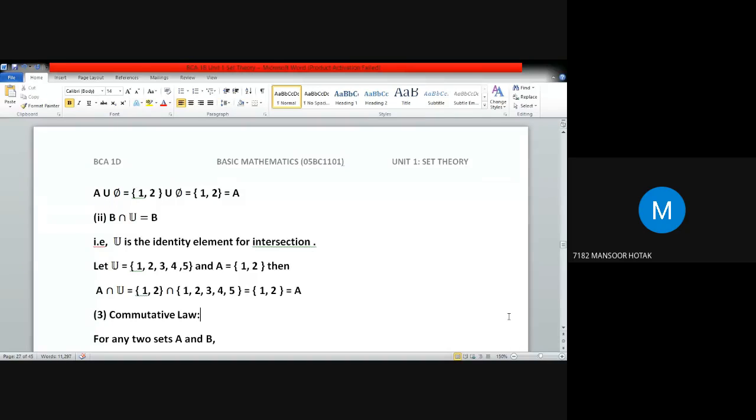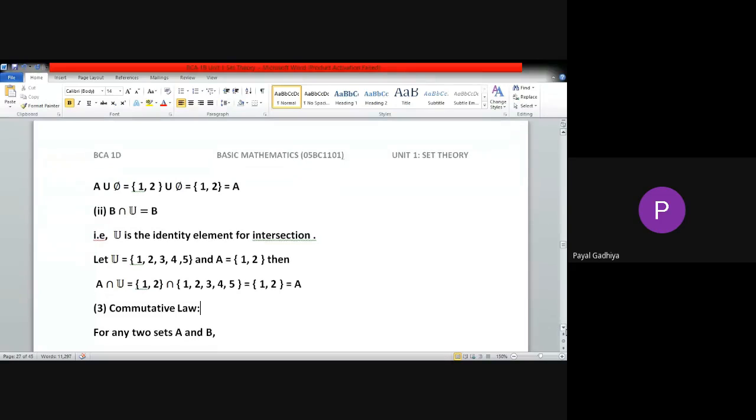It's again 10. Yes, it's again 10. That means if I'm changing the sequence of writing, it will not change the answer. And it is called commutative property, which all of these operations have. So, likewise, as we have in addition and multiplication, in our set theory, we have commutative law in union